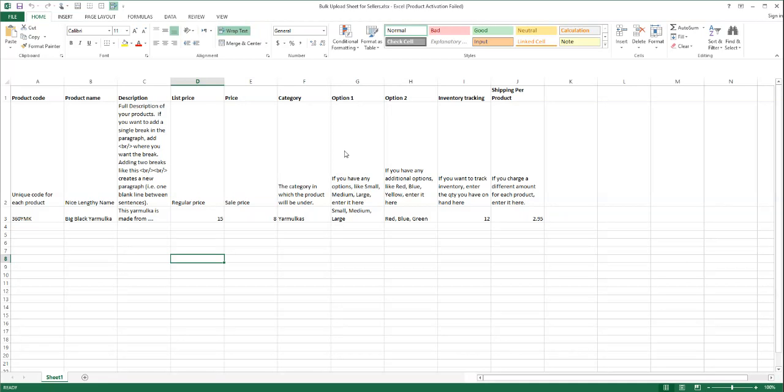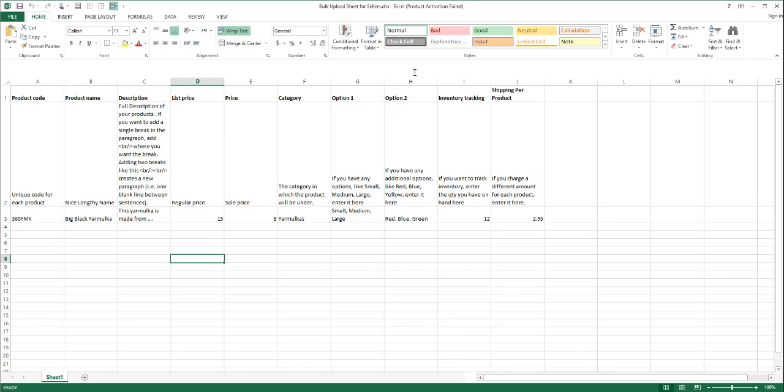If you want to upload many products at a time, you can download the sample Excel sheet below this video, which looks like this, and this can get you started off. As well as if you already have an Excel sheet of all of your products, you want to make sure that you have at least these columns set up on your sheet, and I'll walk through each column explaining what